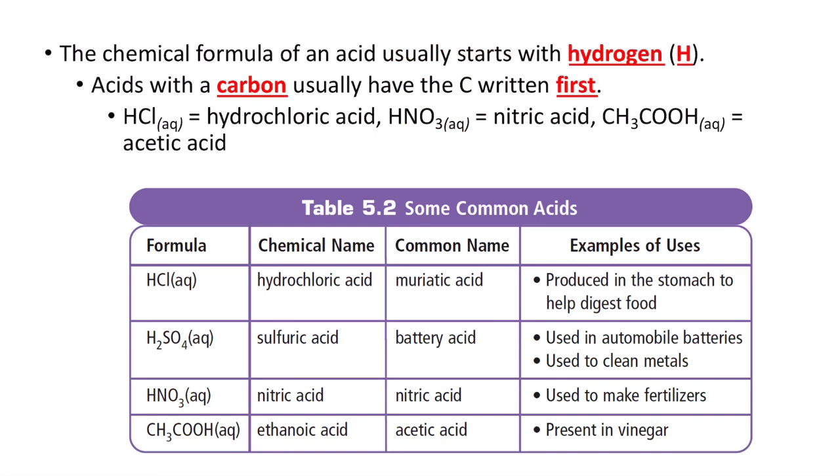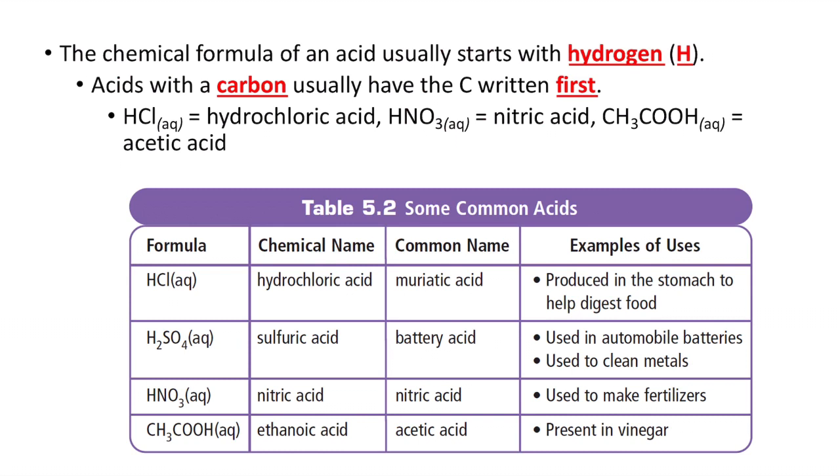So most acids typically start with a hydrogen. For example, hydrochloric acid, HCl, HF, HBr. They are only an acid when they are dissolved in water, because that H+ is allowed to come off the other element. There are some acids which are more carbon-based. In these cases, carbon will be written first. So we've got HCl, which when aqueous is hydrochloric acid, HNO3 is nitric acid,